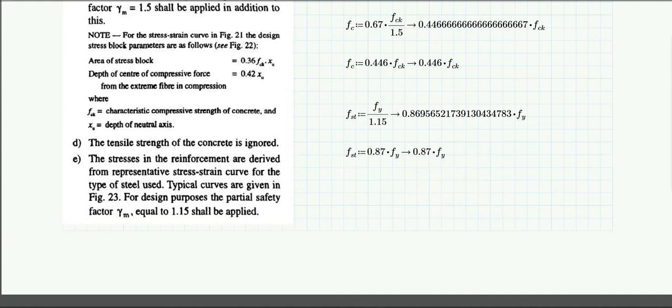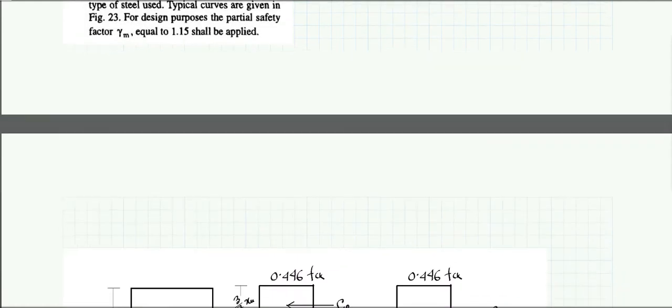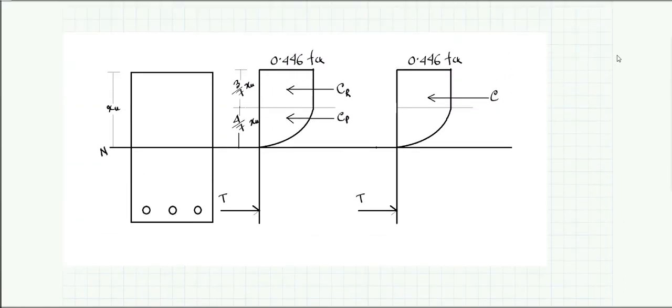Now let's look in depth at the stress distribution diagram of our section. I have already told you that the stress distribution diagram is the main thing of the limit state method. Here let us consider a section. This is a beam section having a certain number of bars at the bottom. So this is the concrete. Suppose the neutral axis is this one for the section. Then the depth of the neutral axis from the top fiber of the concrete is given by XU. XU is the depth of the neutral axis.